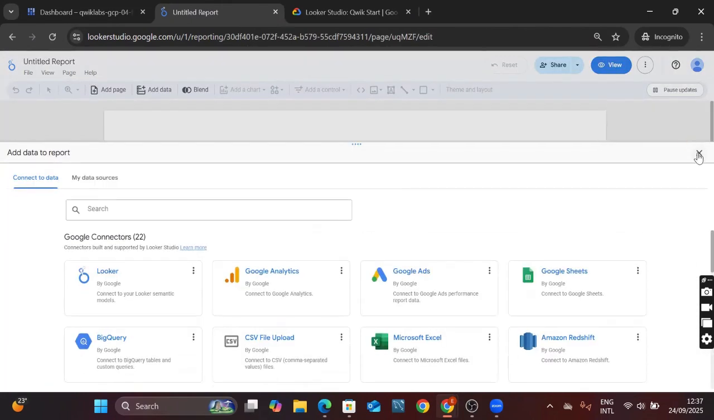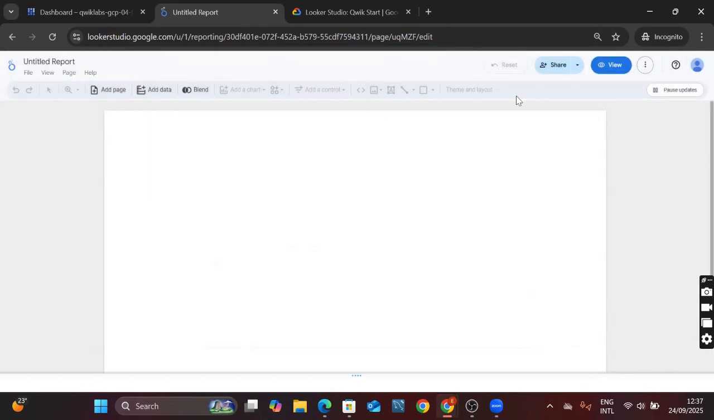And then we've been asked to close the pop-up window. As you know, by default, when you click a blank report, it always takes you to add data. So we are going to close that because that's what the instruction states. And then now